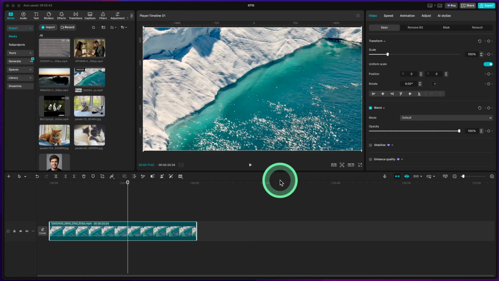First, open the CapCut app on your device. Once the app is up and running, you'll find yourself on the main screen here. Tap on the option labeled Create New. This will open up a blank workspace for your new project. Starting with a fresh workspace ensures that you're working on a clean slate and not accidentally editing any pre-existing media